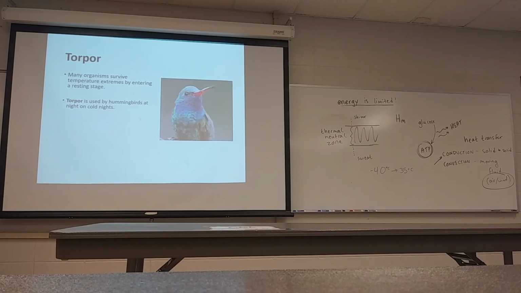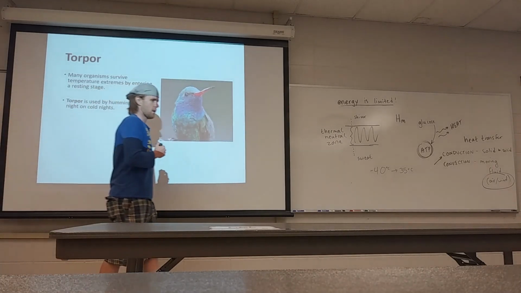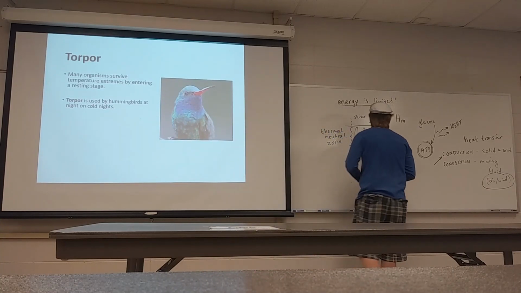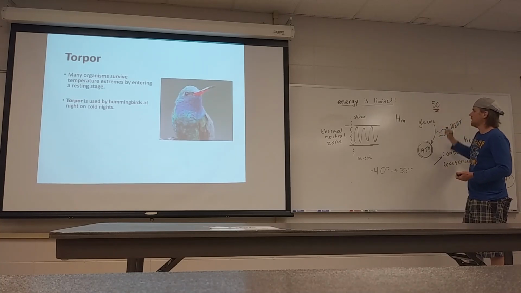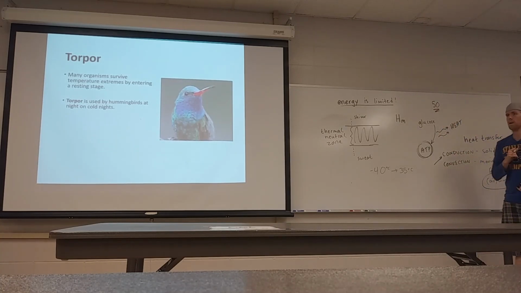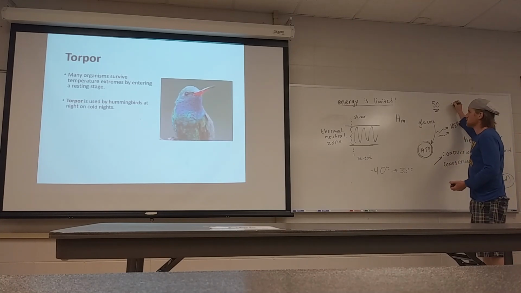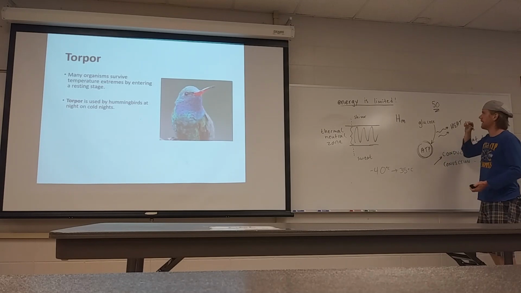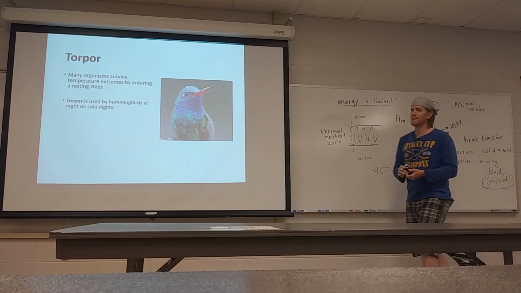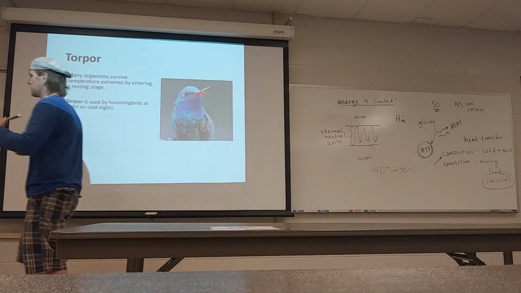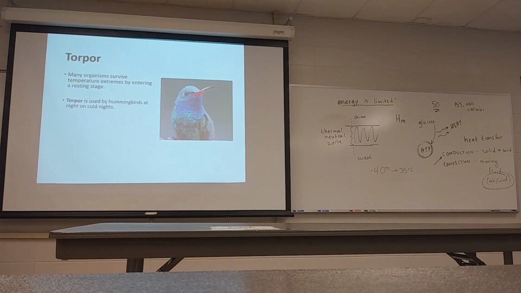Sometimes this is just a single day thing. This is a hummingbird. Hummingbirds are active little guys. They can flap their wings 50 times in a minute. And because of how active they are, they have incredible energy needs. We're supposed to consume around 2,000 to 3,000 calories a day. If our energy needs were the same as a hummingbird, we would have to consume 155,000 calories in a day. So that's a lot of energy usage. They are moving constantly seeking out flowers or hummingbird feeders to get sugar and get energy.